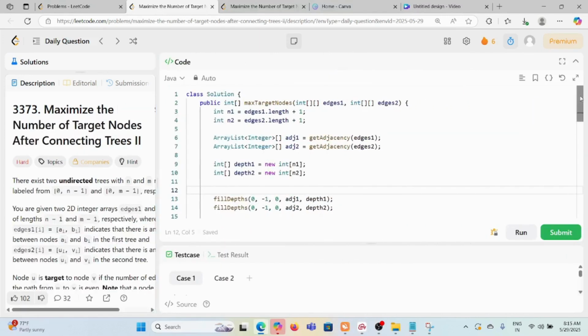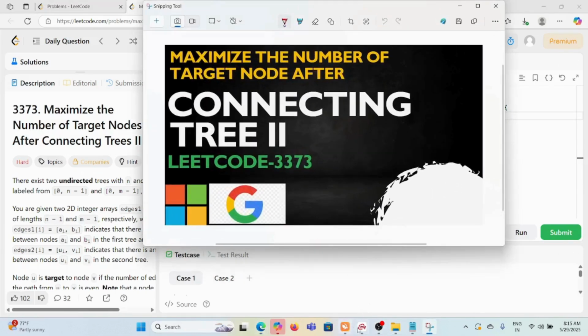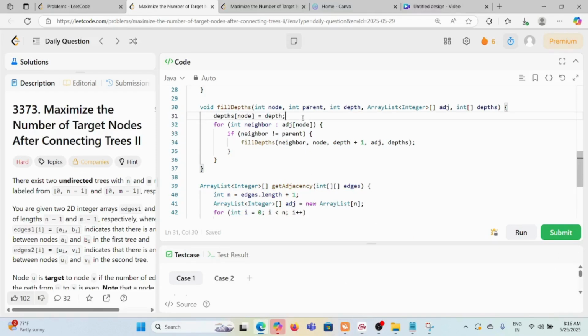So see here, I have written one method here, fill depth. This method is written as a DFS. What this method is doing is getting the label of every node, because the node labeled 0, 1 or 2 may not necessarily have the same label, right? So first of all we are populating the label of every node. Okay, so you can see here we are starting from this node. Whatever depth we are starting with, this variable is the initial